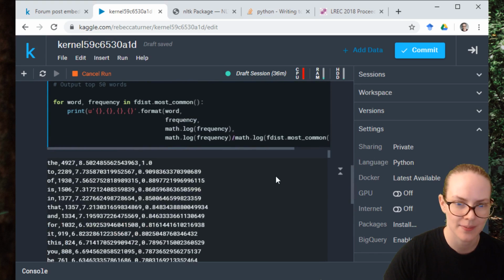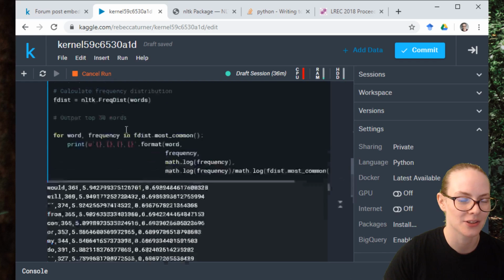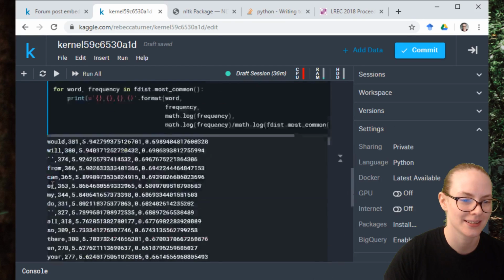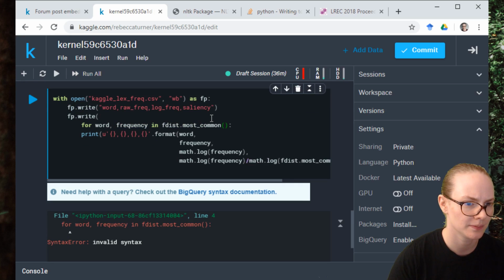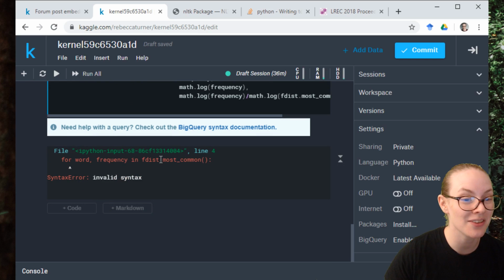Okay, also I think this might have been what crashed the kernel before, when I was printing out the frequency of every single word. So let's just really quickly cancel this. Don't do any more. That's chill. And then for this, we need to have the most common. Okay, I think this should work. It did not work. But we have a different error though, so that's good.